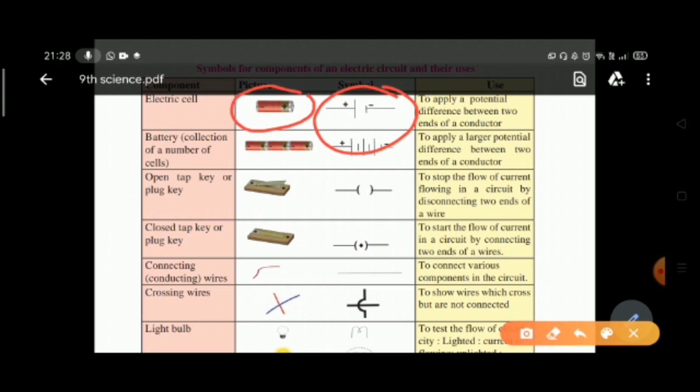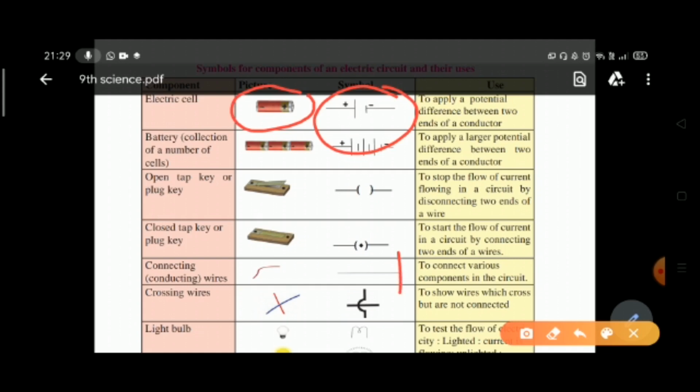Now we'll say what the component is, the picture of that particular component, and the actual use, how and where it is used in an electric circuit. Battery, to apply larger potential difference between the two ends of the conductor. One tap key or the plug key, which we usually play with, is to stop the flow of current in the circuit by disconnecting two ends of a wire. Closed tap key or plug key, to start the flow of the current in the circuit by connecting two ends